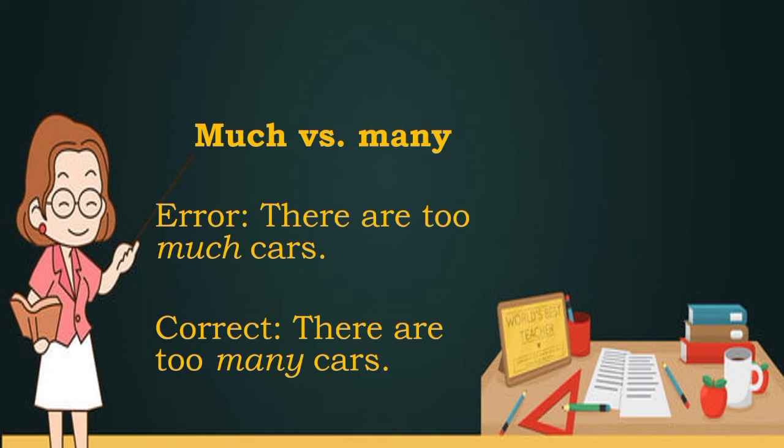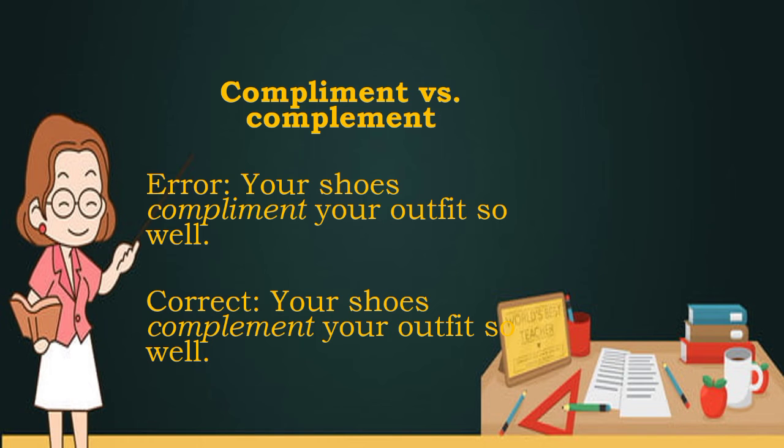So I could still remember way back when I was in elementary, I thought this sentence is correct. But I realized that this is wrong because cars are countable. So the correct construction of the sentence is, there are too many cars. Next common grammatical error, we have "compliment" versus "complement." The first compliment, which is spelled as